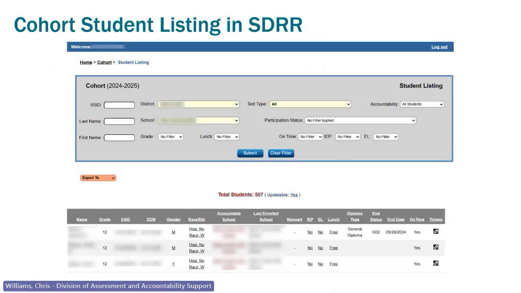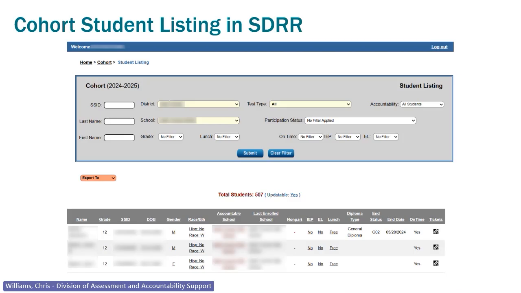And you want to make sure that your enrollment is correct for your students, because those enrollments are going to be important, by looking for cohort. District and school staff can change accountable school and file non-participation in SDRR during data review. All the other demographic fields, you can change some of them here, but then others you have to make sure that any changes you make in SDRR you also make sure are correct in Infinite Campus.